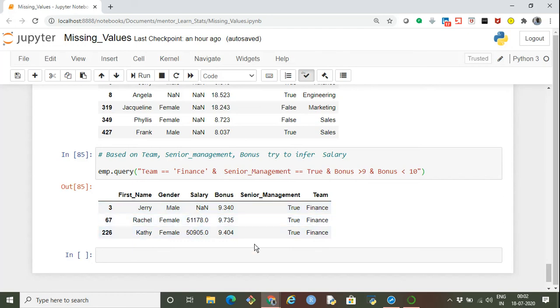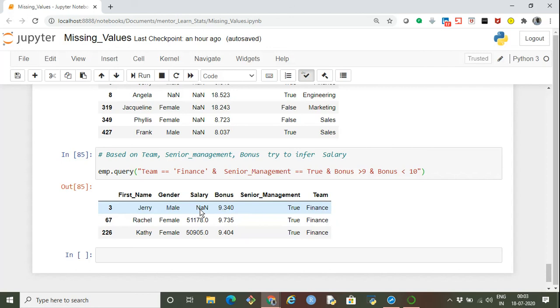If you see, again finance true, and this bonus 9.340 and this bonus 9.40. This is close. So we can infer the salary of Jerry must be somewhere around there. In both these records the salary present is 51,000 and 50,000. So it means the salary of Jerry would be somewhere around 50,000 or 51,000.